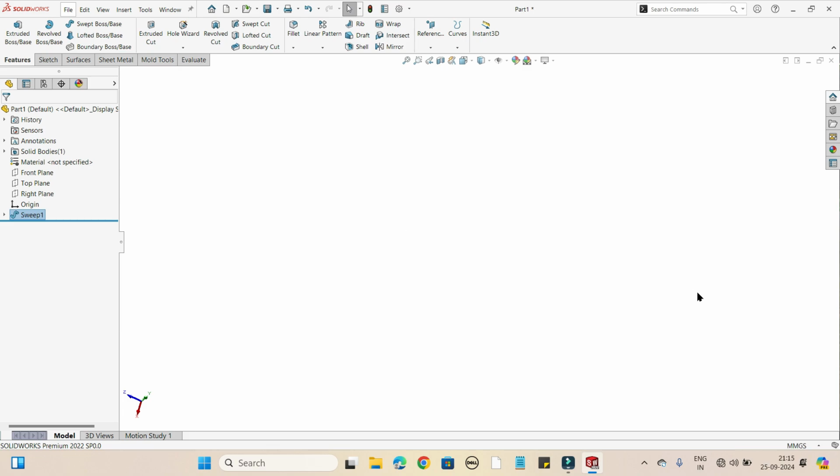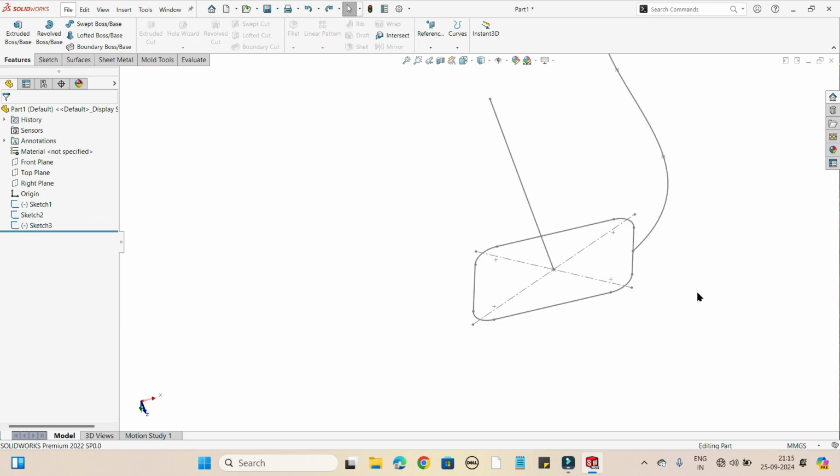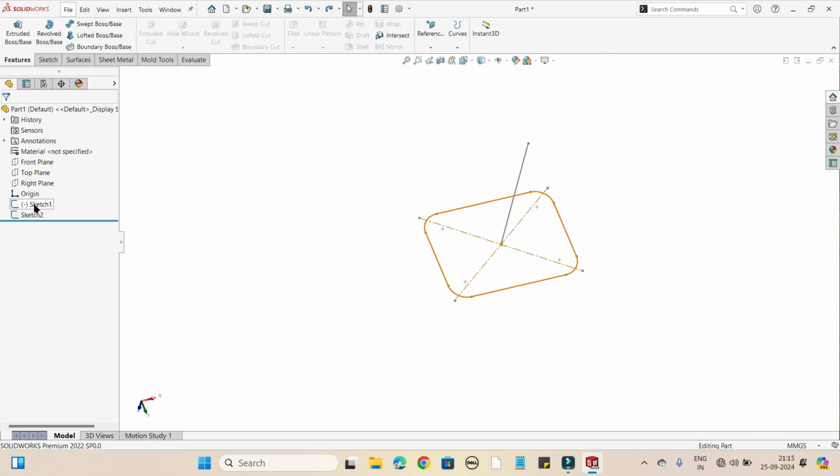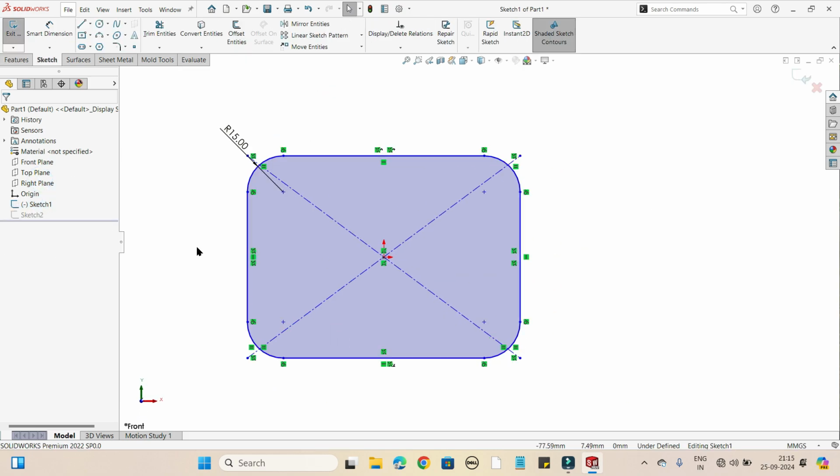So I am pressing Ctrl Z to get back to my previous position. So here now I'll just delete the guide curve. First delete this guide curve. I'll do it later on. And then I'm editing the sketch. This is my profile. So now I make it constrained